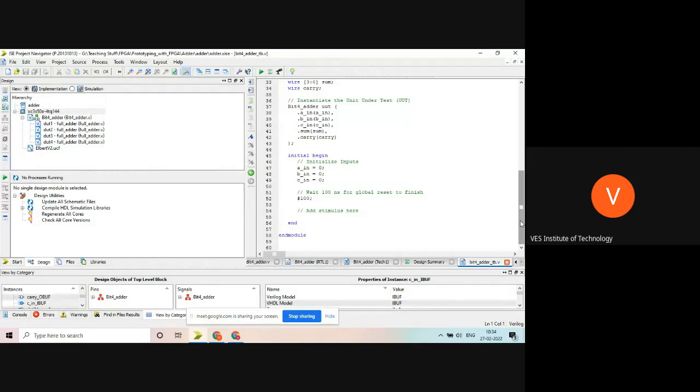Okay, so now we are creating a simple test bench. So what you have to do is you just have to add a simple code, always add.